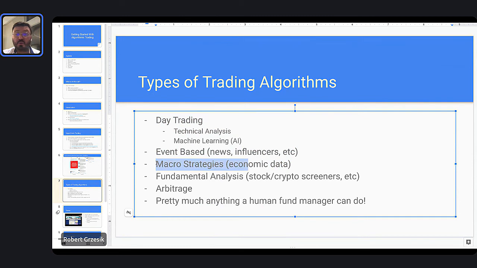Again, this is the Ray Dalio types, right? We could also do fundamental analysis. So you could be analyzing all these companies, and as their earnings come out, how did Apple do on their earnings? Did they beat expectations? How are their margins doing? You could have an algorithm that automatically reads all of the latest reports that come out, and you could be the first one to trade off of it.